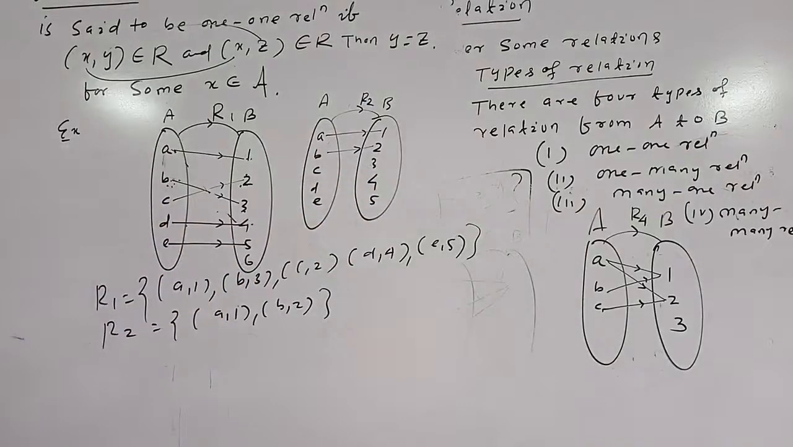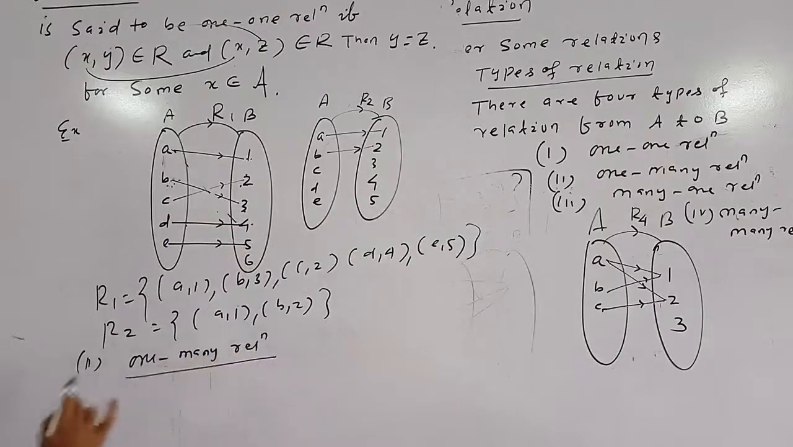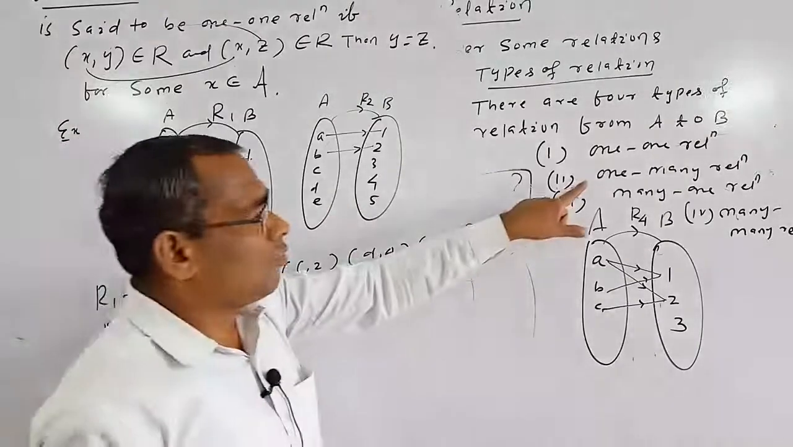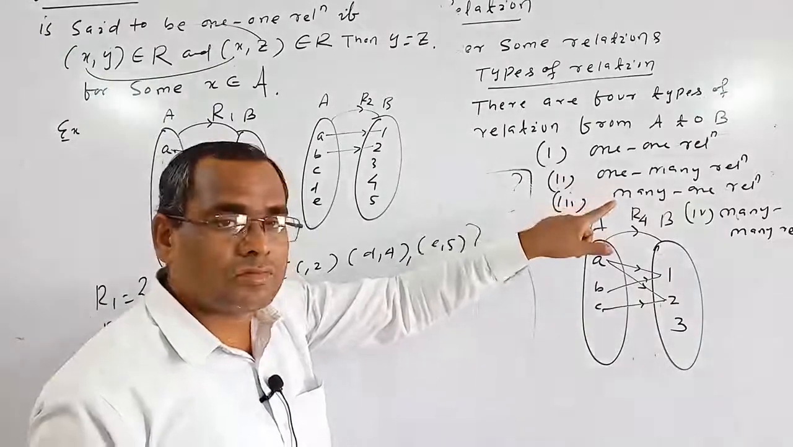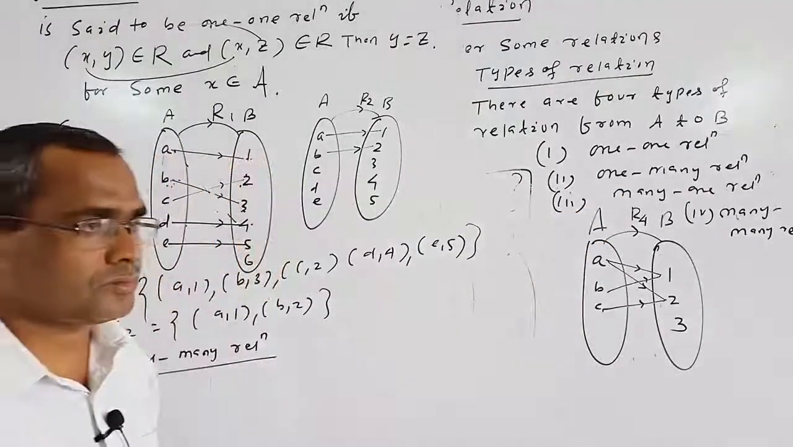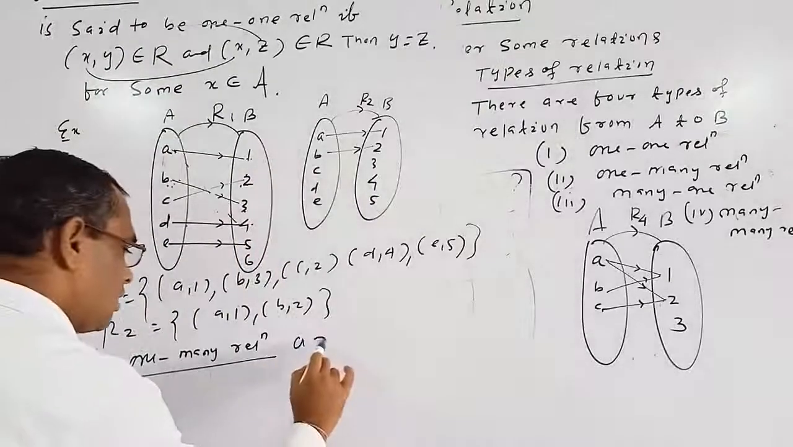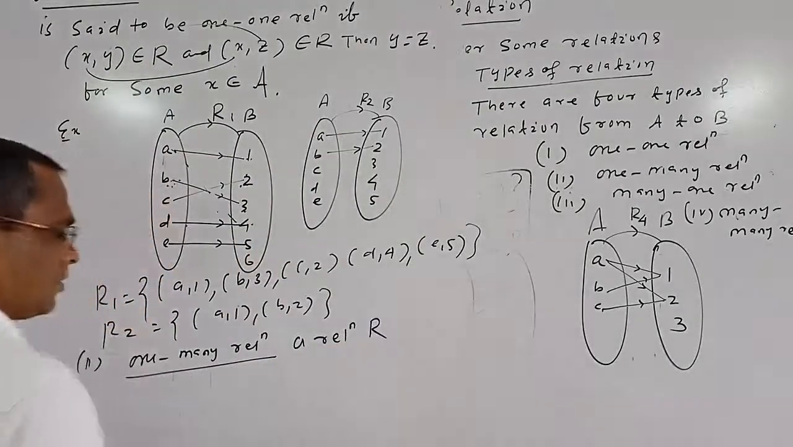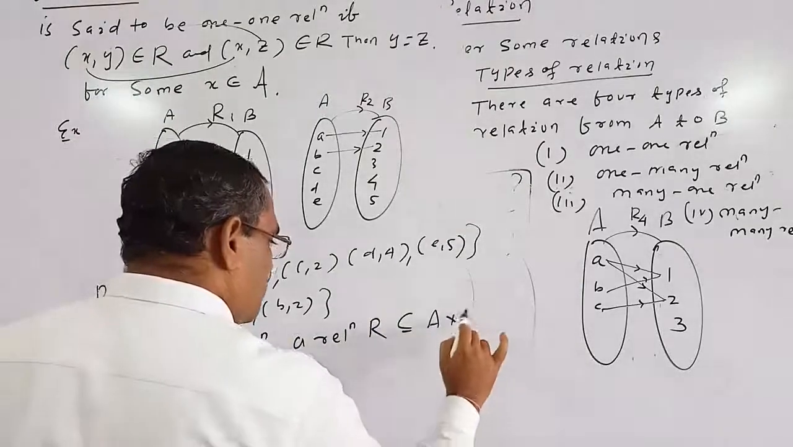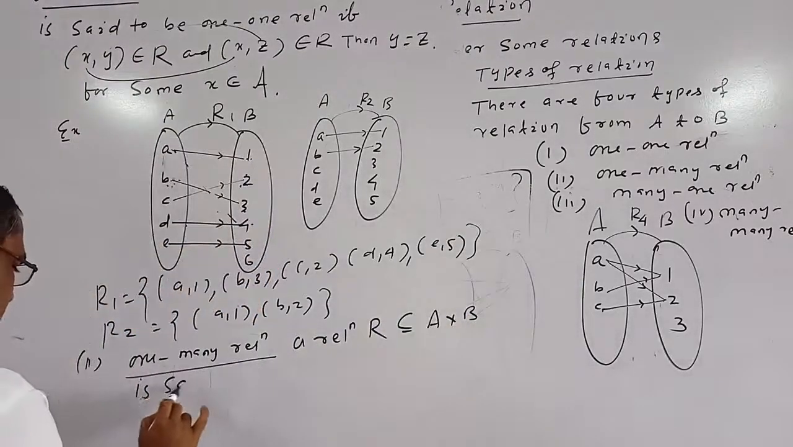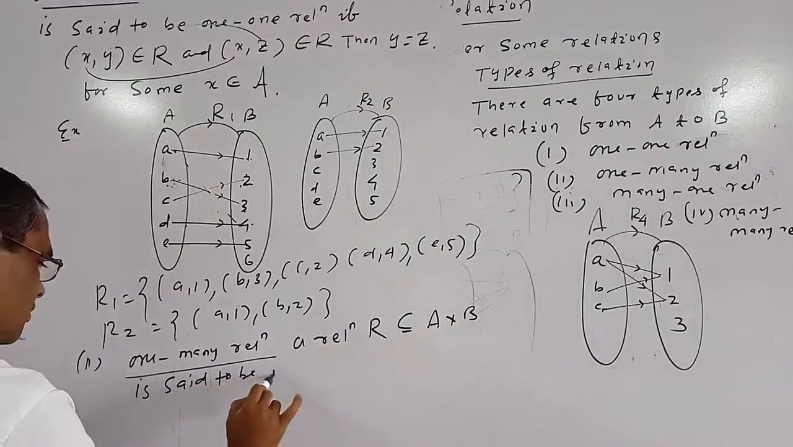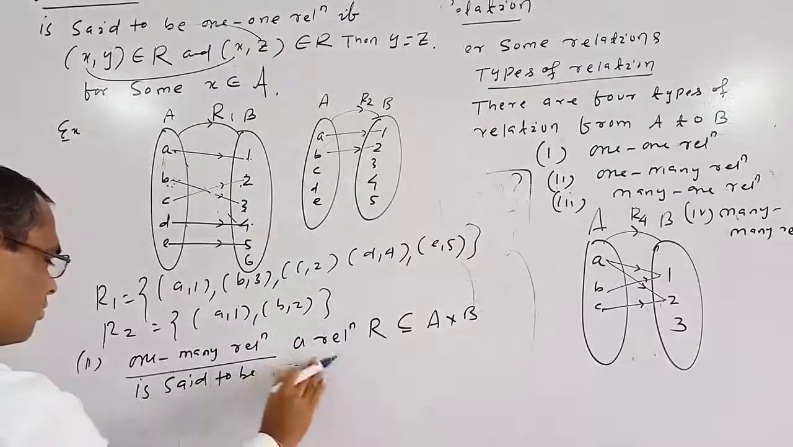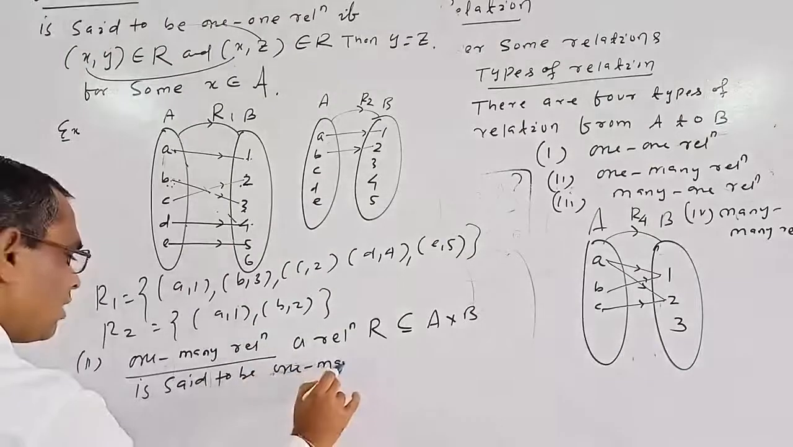Okay. Next, number 2, one-many relation. One-many relation means one element of set A related to many elements of set B. That is, a relation capital R, subset of A cross B, is said to be a one-many relation